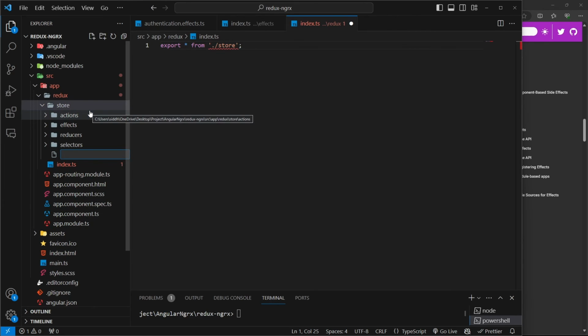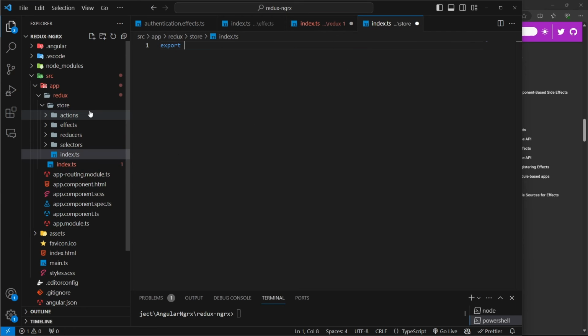And the store should have its separate index.ts file where I can export individual segments like the actions, the effects,